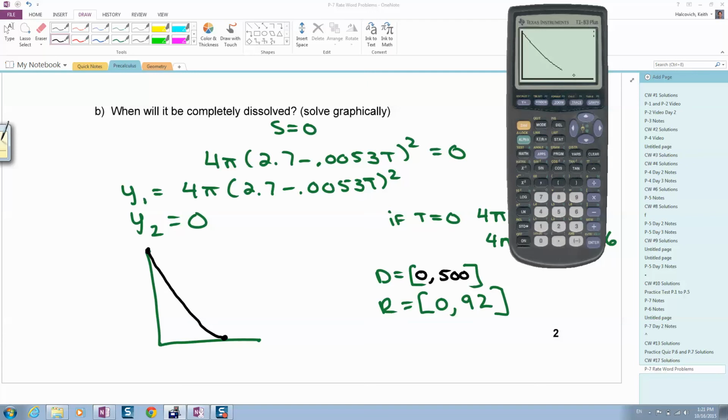So notice that gives us a good idea that the surface area of the sphere just stops right there. That's when it's dissolved. So now if we just hit second trace, intersect, enter, enter, enter, it's thinking about it. Oh, and it quit on us because it said no sign change, which means our window